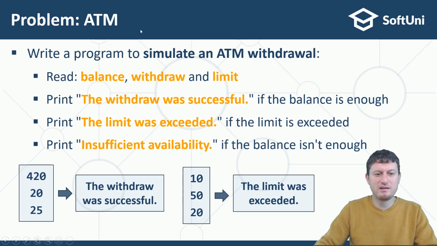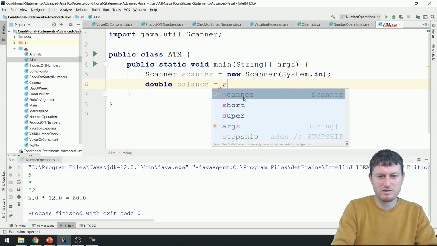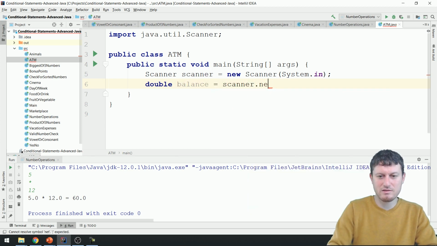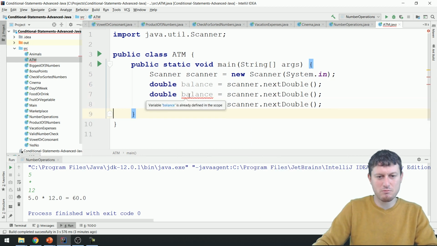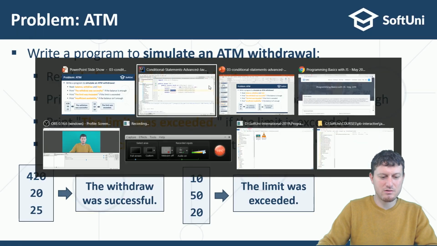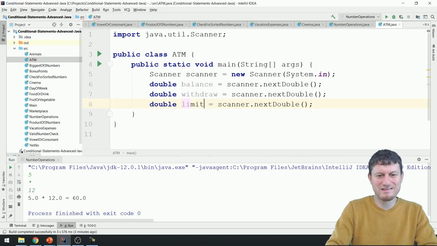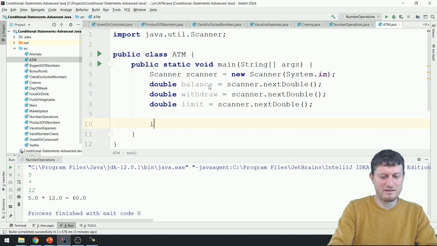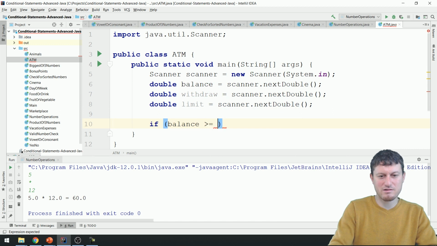So now I will need to read the input data: balance, withdraw, limit. So I have double balance equals scanner dot next double. I'll copy this 3 times. Balance, withdraw, and limit. So the first case, if I have enough balance, balance is bigger or equal than the withdrawal amount,